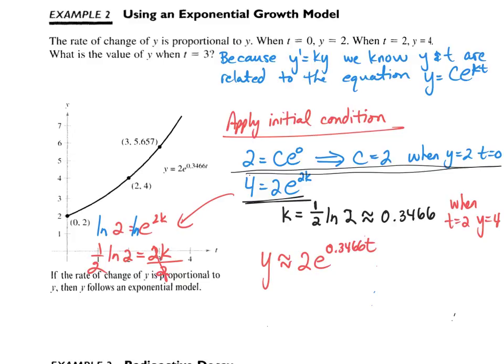Wait, is it the rule like ln of 2 equals 1/2 ln of 2? How does ln of 2 equal 1/2 ln of 2? Is it the rule, or how? It doesn't? But I ln'd each side, so I have ln of 2 is equal to ln of e to the 2k. Okay, another way to think of this, Nika, is